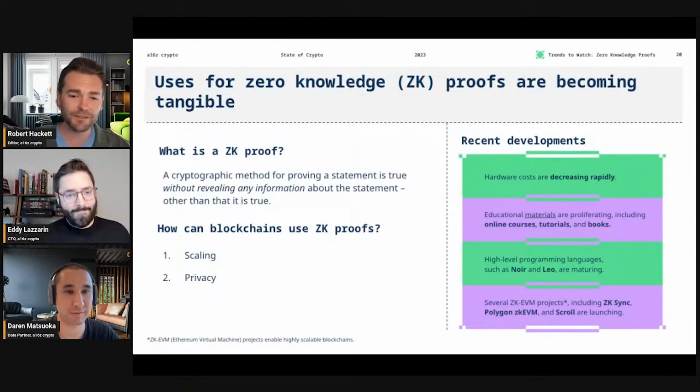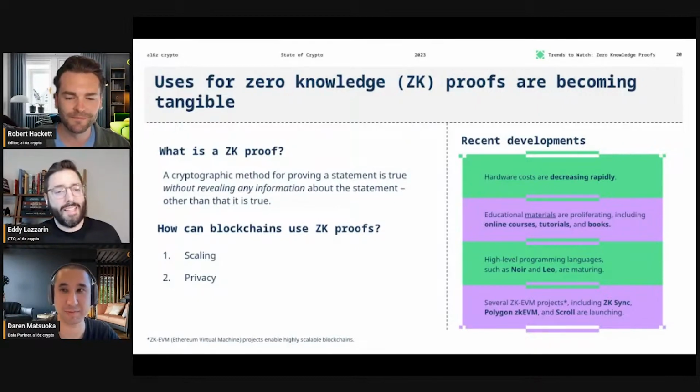AI is obviously a super hot topic right now. Maybe Eddie, you could just provide a little bit more information on that. Yeah. Just maybe a very brief piece. Elena's piece goes into detail on this, and it's totally worth reading. I'll say that in short, if you're running an AI model,